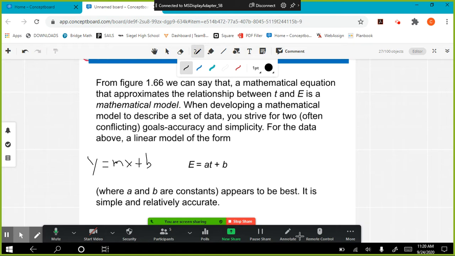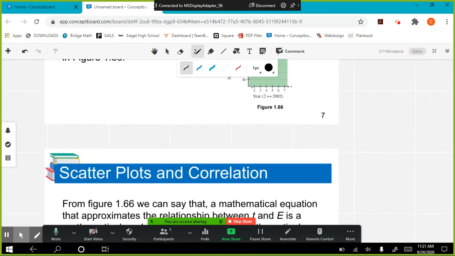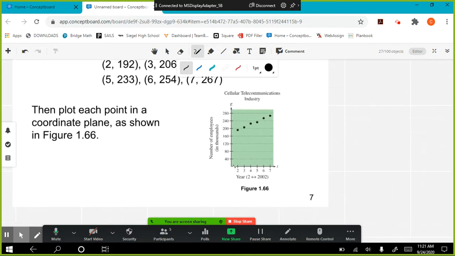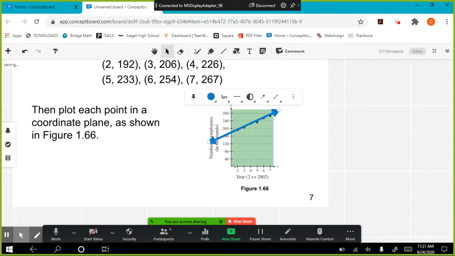So the b is essentially where that line crosses the y-axis, and the a or the m is the slope of the line. So if I wanted to start looking at an equation of this line, if I were to sort of draw a line through it, which is sort of what we'll be doing,